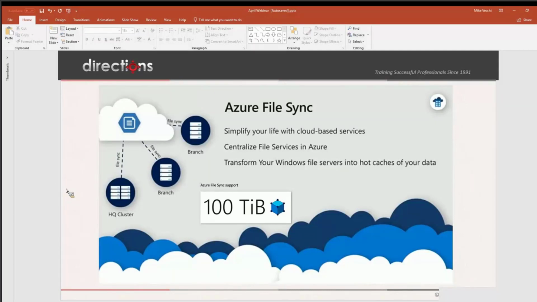All right, so that's another one coming at you. This is agent-based. You have to go up to Azure, log into Azure on the server you want to do this with, download the file sync agent, install the file sync agent, then go back into the Azure portal. You'll see your server's registered. You'll go into that server. You'll select what shares you want to start syncing, and of course, 1, 2, 3, the data starts syncing up